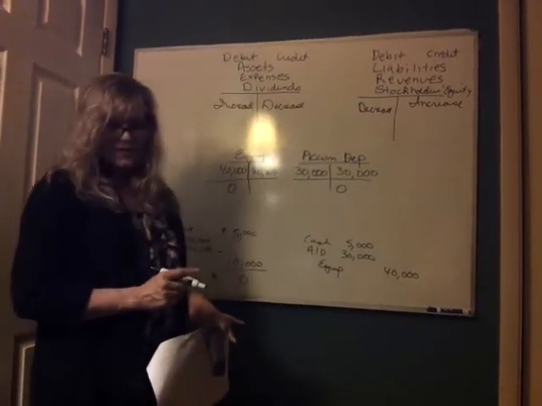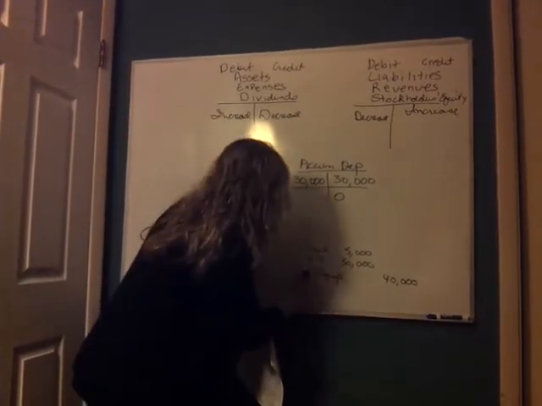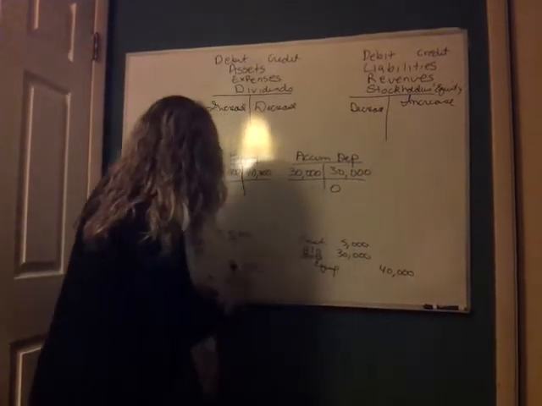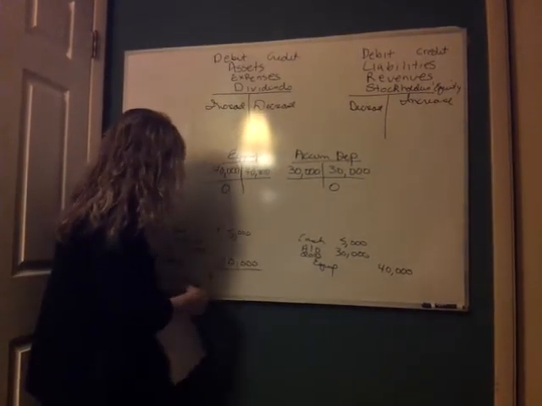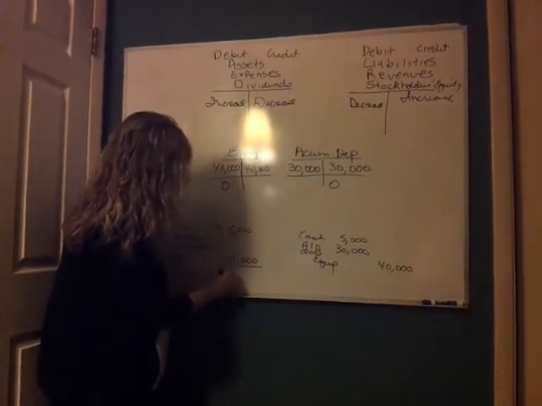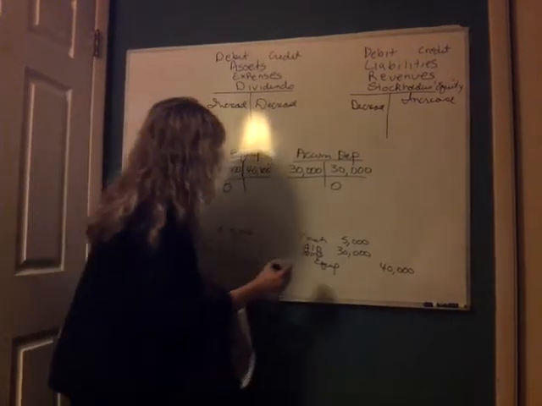Cash is 5,000. Now we have a loss. We debit a loss. So we have a loss of 5,000. 5,000 minus 10,000 is a negative 5,000. If it's negative, it's a loss. So we're going to go ahead and